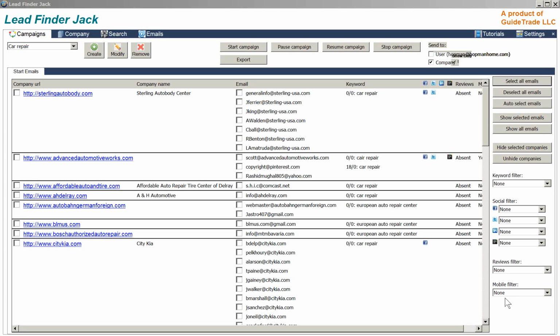Based on the feedback I got from you guys for Lead Finder Jack, we implemented several updates, and I want to go over those updates. Before I start,